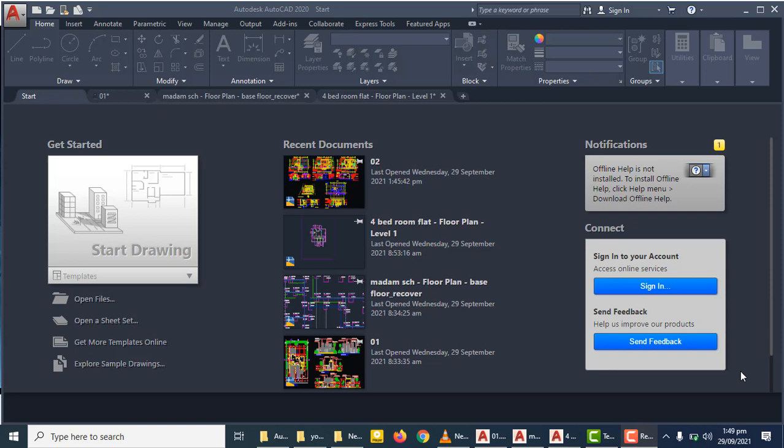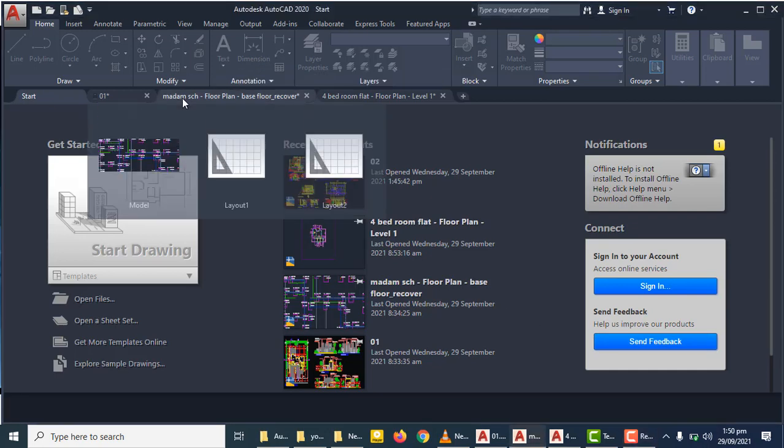Okay guys, before we start this tutorial, permit me to introduce you to my recently completed project which I designed in another software before exporting to AutoCAD. That's why you need to have a good knowledge of AutoCAD before you can do well in either architectural or structural design. So guys,